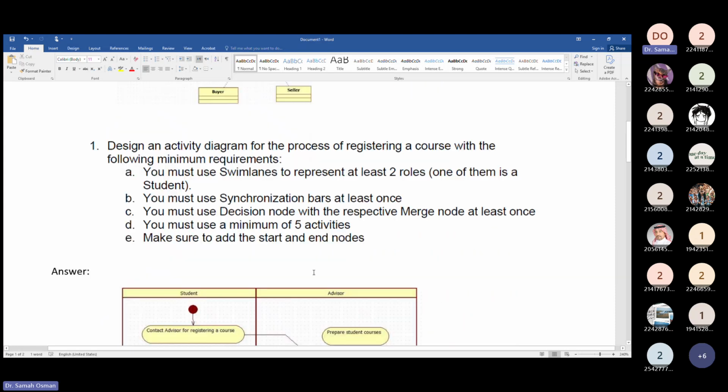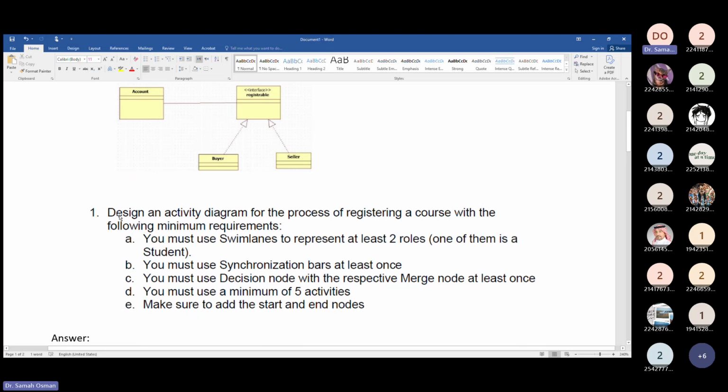Okay. Another example here: create an activity diagram for the process of registering a course with the following minimum requirements. Normally, I say when I see a question like that, when they say registering a course, that will be easy for the students because the students will understand how they register for a course. So they can have it in their mind, the logic will be clear. And if they say creating an account, or buying from an online website,